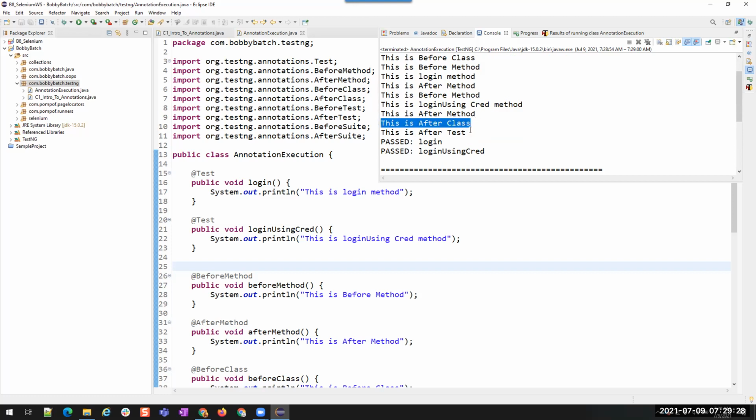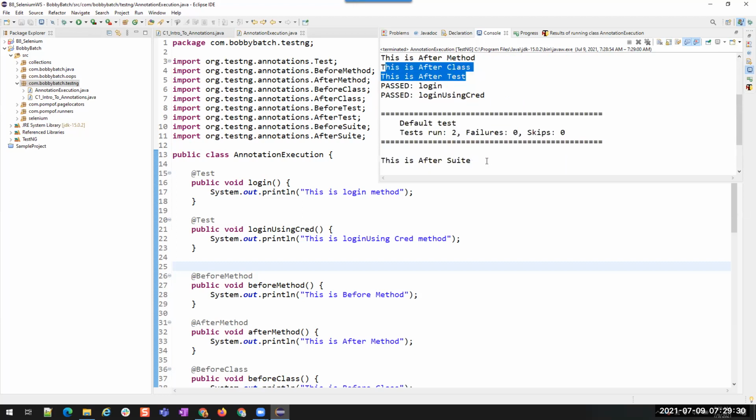Then the closing activities: after class, after test, after suite. So there are two methods: login and login using thread. There are no exceptions raised out of these two methods, so these are by default considered as passed. Understood? Is that clear?